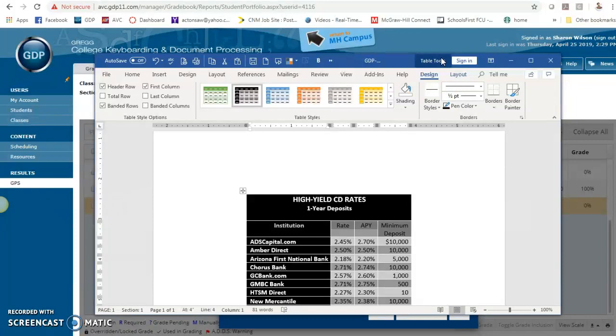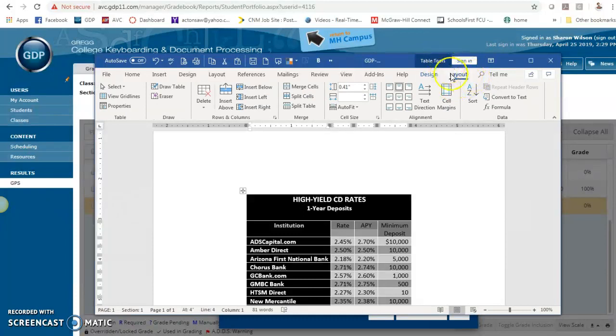Let's see. Okay. Let's see, layout. Yeah. Go to layout right here. And then when it says, what does it say? The bottom center. So right here, these are kind of self-explanatory, because align top left, and when it says align bottom center, that's what that means. And I think that was it as far as all of your